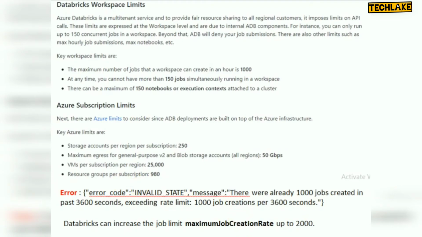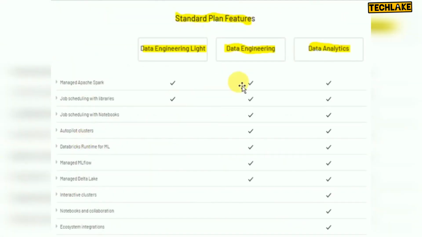And there are other things when you are going with clusters. There are three types of clusters you can create for your requirement. One is data analytics, mainly for machine learning, directly loading data and analyzing data. Another one is data engineering, mainly for ETL projects. Whenever you are doing end-to-end ETL projects with Azure Databricks, you can choose this cluster type. Another one is data engineering lite.